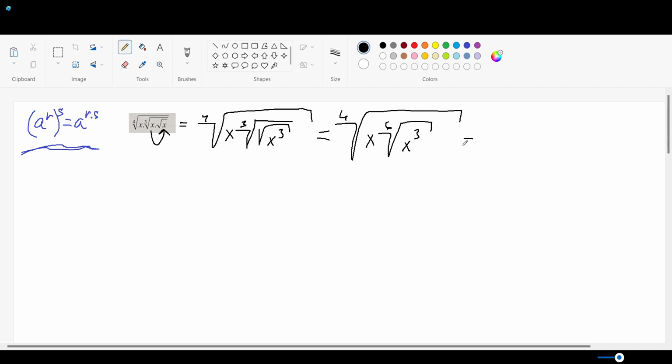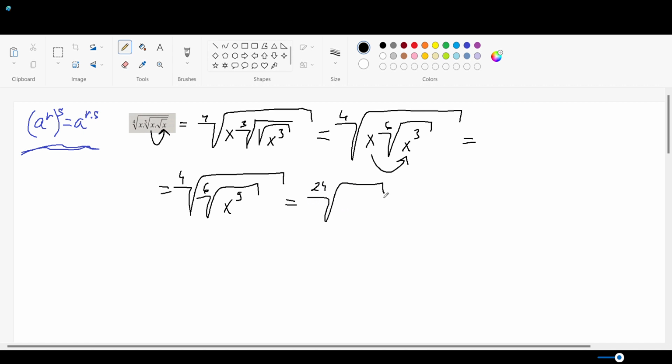Okay, this is gonna be then fourth root of, now I'm gonna put this one under the root, so it means it's gonna be sixth root of x to the power of 6 times x to the power of 3 is x to the power of 9. Now I'm gonna multiply these two, so this is gonna be